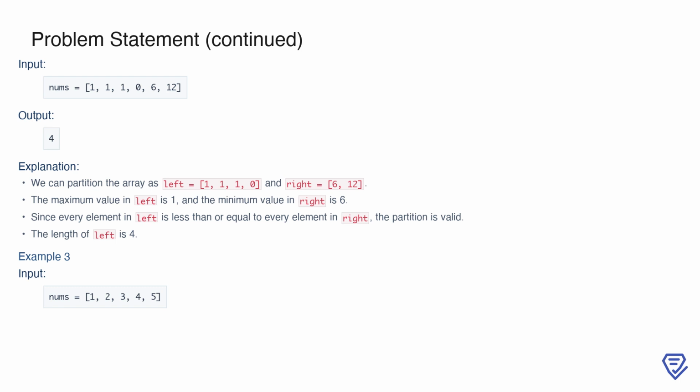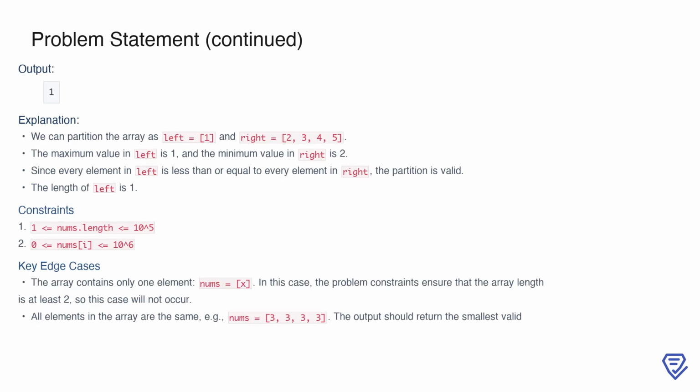conditions are met. In another scenario, let's say the input array is 1, 2, 3, 4, 5. Here, the smallest valid partition is left equals 1, and right equals 2, 3, 4, 5. The maximum value in left is 1, and the minimum value in right is 2. Since 1 is less than or equal to 2, this partition satisfies the conditions. The length of the left subarray is just 1, which is the output. This example shows that if the array is already sorted in ascending order, the smallest valid left partition will only